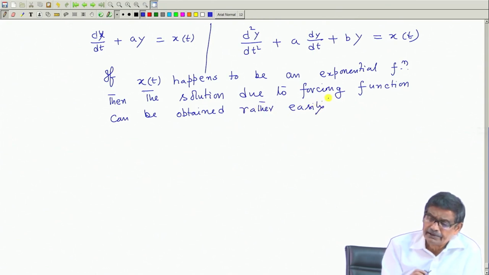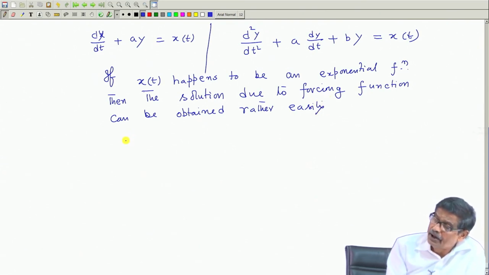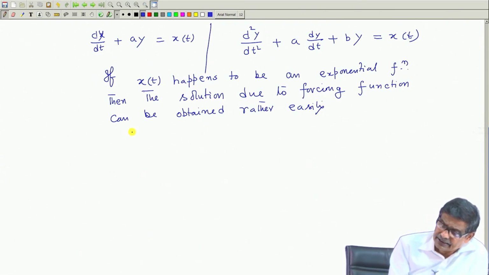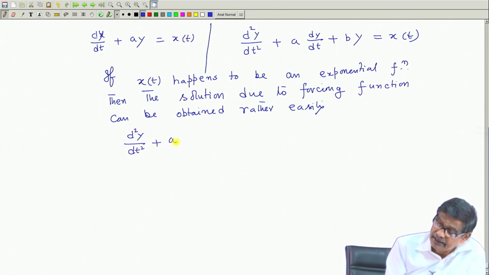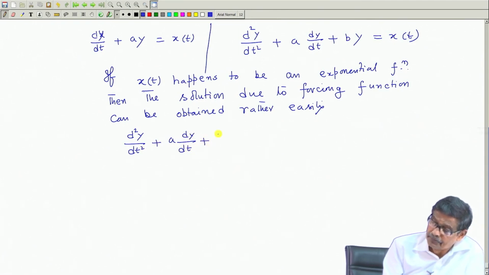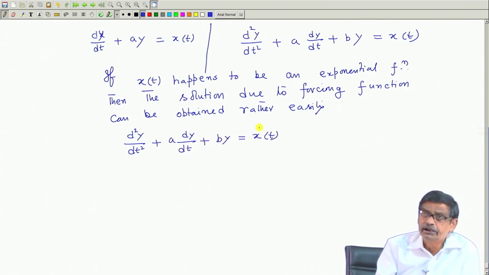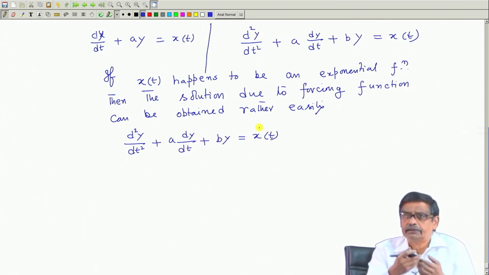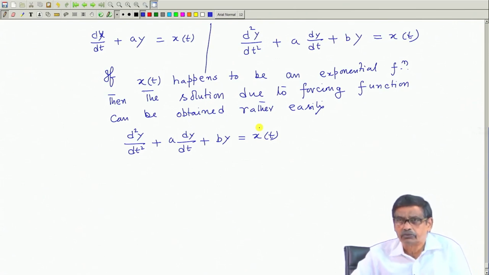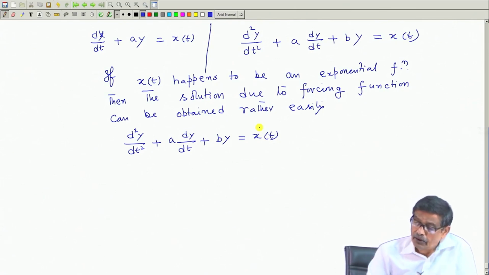What does this statement say? Suppose you have a solution. Let us take a second order system, d2y dt2 plus a dy dt plus b y. The solution due to the natural response will depend upon the characteristic roots. Okay, now what I am telling is, if x(t) is of the form